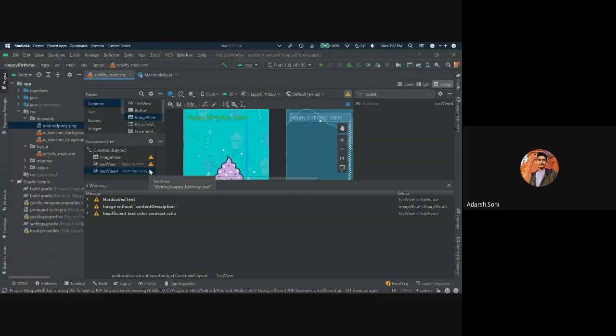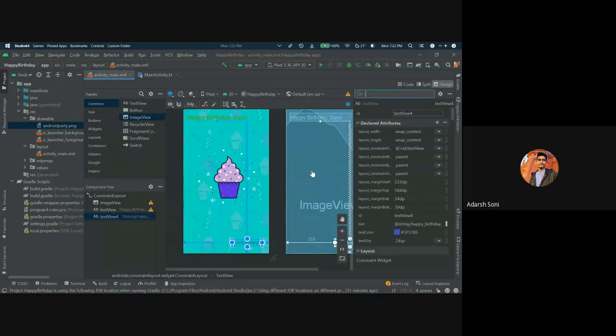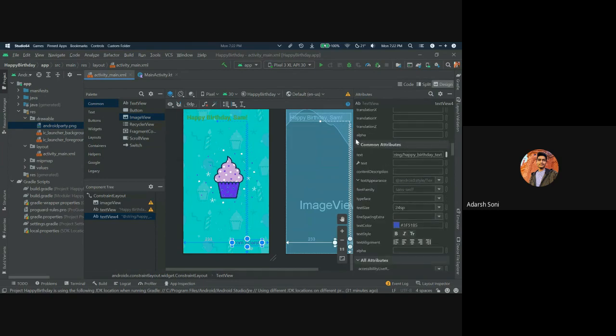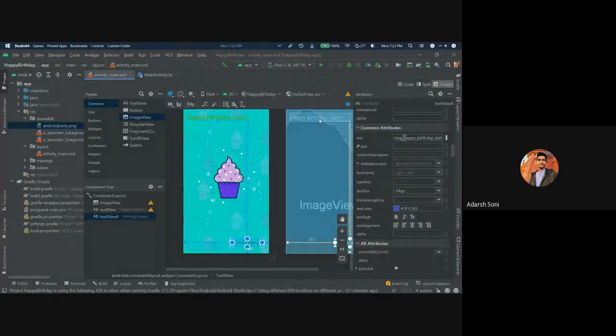In the attributes pane also, we will select this text view. In the common attributes, under text, notice that Android Studio has automatically set it to happy birthday text, which we changed in the earlier dialog.